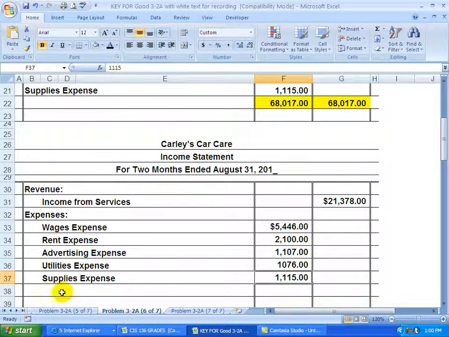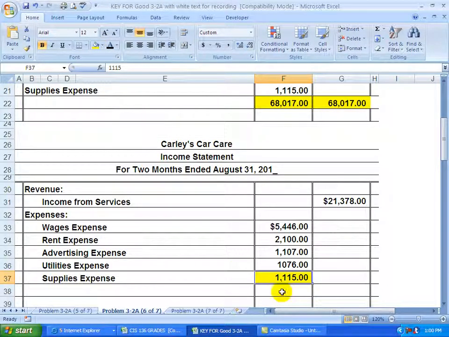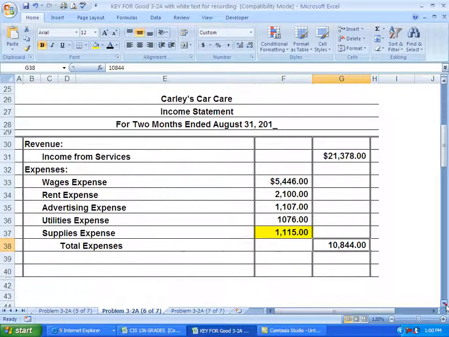So we're listing all of these so that we can draw a line under this yellow here. We're going to draw a line under the yellow, add them up. That's going to be our total expenses, and we're going to put our total expenses over here. Now this has been a profitable time for our company because our revenue exceeds our total expenses, so we have a net income. So our last line is going to say net income, and we're going to subtract these two